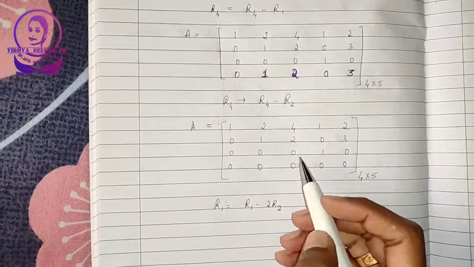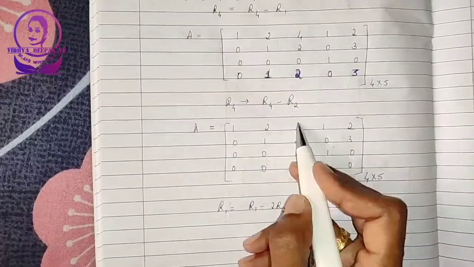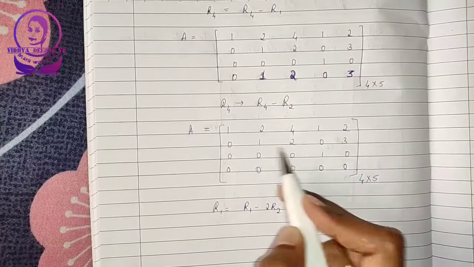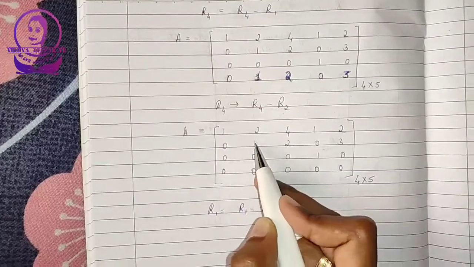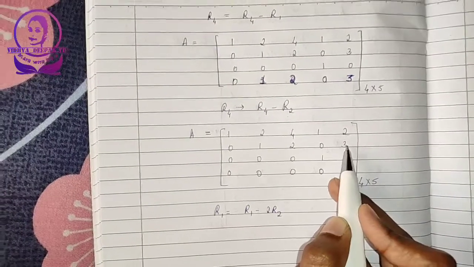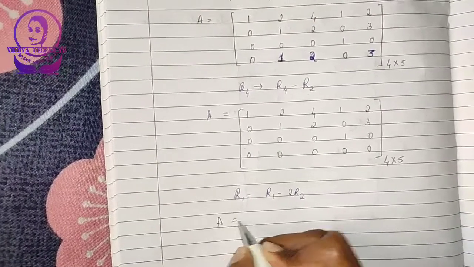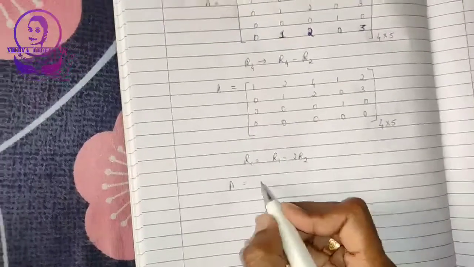So is there any possibility to make any zeros here? If we perform this operation, R1 is equal to R1 minus 2R2. 2R2 will be, this becomes 1 2s are 2, 2 2s are 4, 3 2s are 6, right? So shall we perform this operation? Okay. So what do we get here? So we have